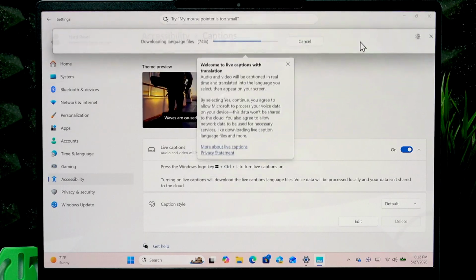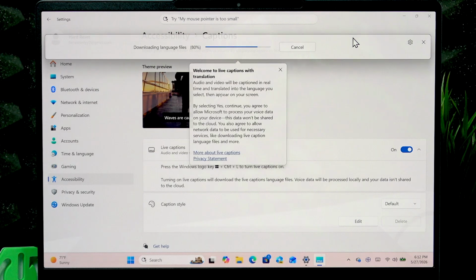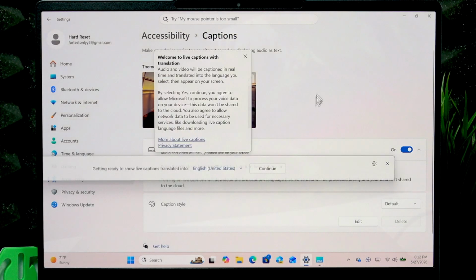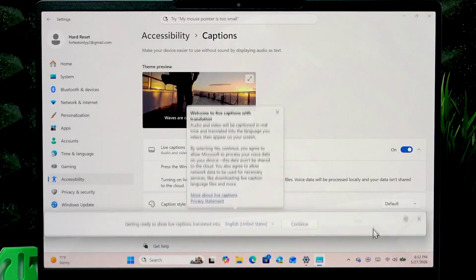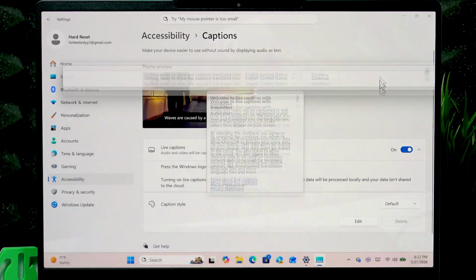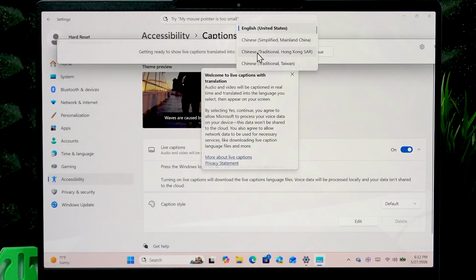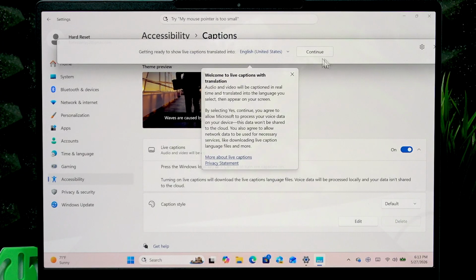As you can see, this bar is fully movable, so you can just drag it and put it in any spot of your screen. So now select the language, click Continue,